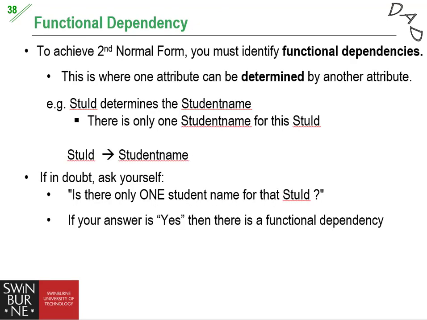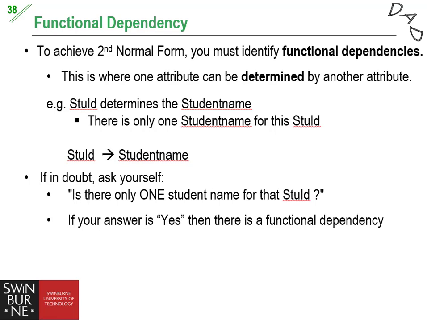The second step is, once you determine the universal key, we need to think about functional dependencies. Now remember, in the last lecture we talked about functional dependencies. Some attributes depend on the primary key, isn't it? For example,